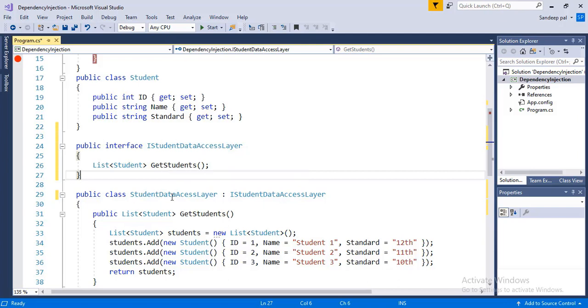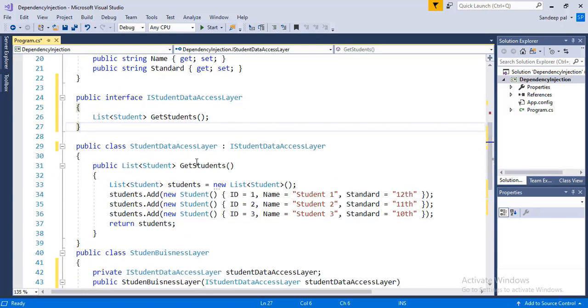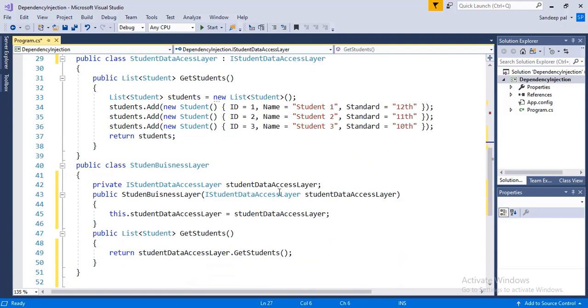We created the iStudent data access layer interface, and the student data access layer class implemented this interface. In the student business layer class, we created a private variable of iStudent data access layer interface type and a parameterized constructor, and the parameter of this constructor is of the interface type. Therefore, we can pass any class object which implements the iStudent data access layer interface.